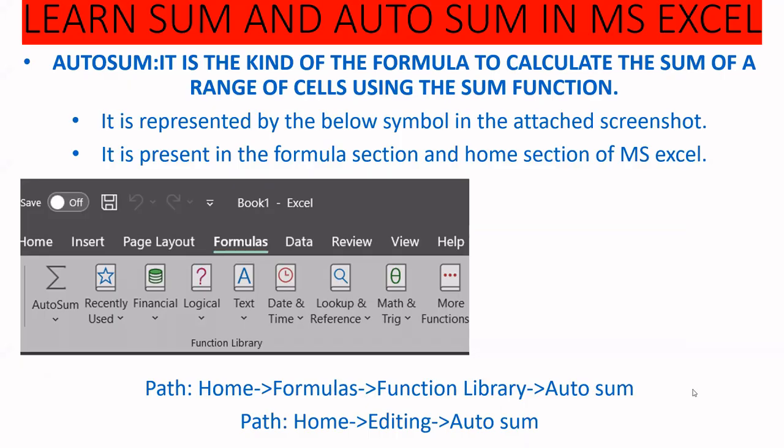Today in this video I am going to teach you the concept of Sum and AutoSum in Excel, because this is a very important concept. Once you know the formula, you will become an expert, because people are doing manual calculation using a calculator, but once you learn Excel, you can do calculations on a large amount of data. AutoSum is a formula to calculate the sum of a range of cells